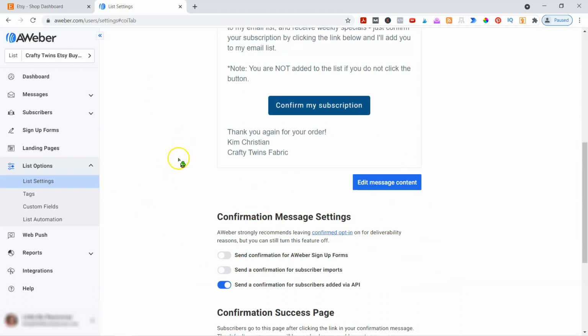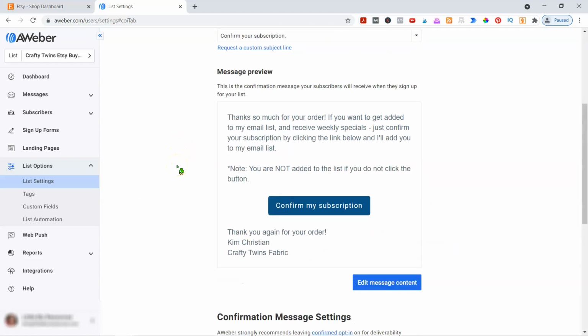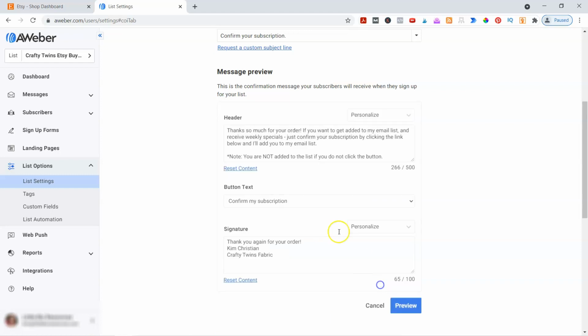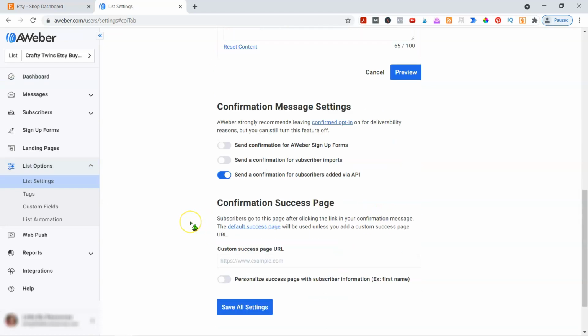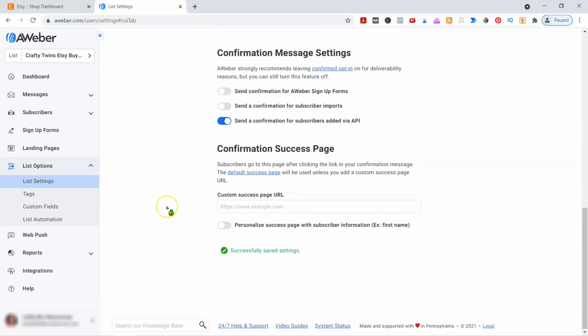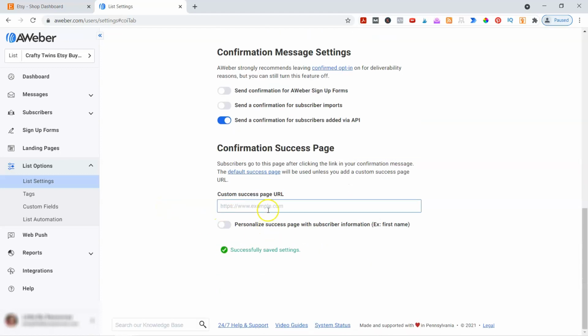You want to make sure that that's there, because otherwise they're not going to know who it's from or what it is. Wait, I bought something from you? Spam, right? Because they don't know. They think they bought from Etsy. So you might want to even edit this: thanks so much for your order on my Etsy shop, or through my Etsy shop. Right? These are the things that you've got to think about, what they see. So there's that. Then you just save it, save all settings,